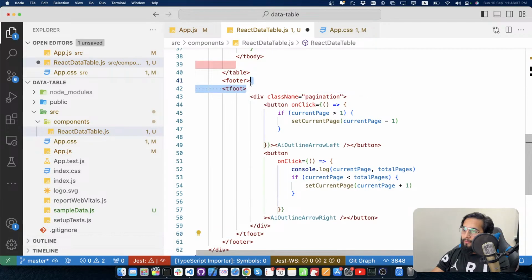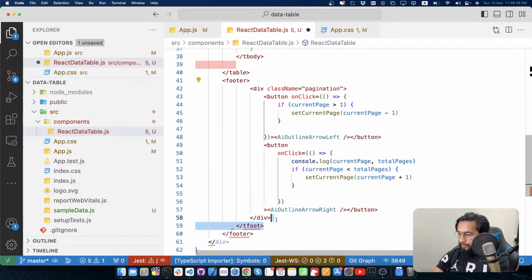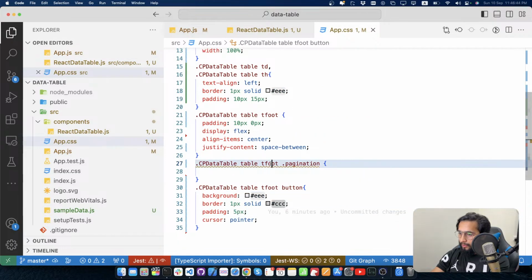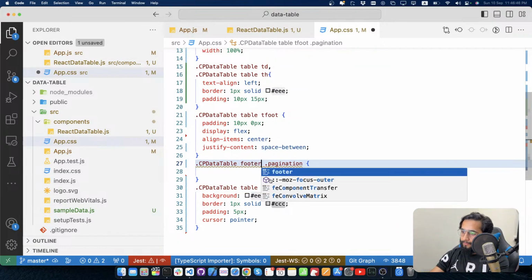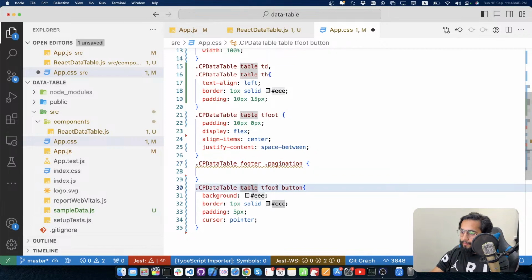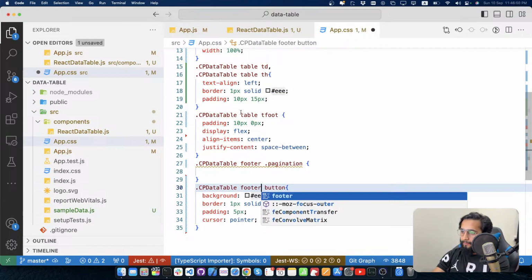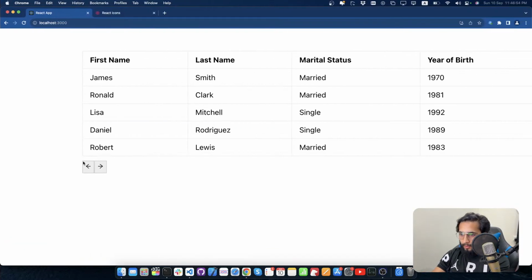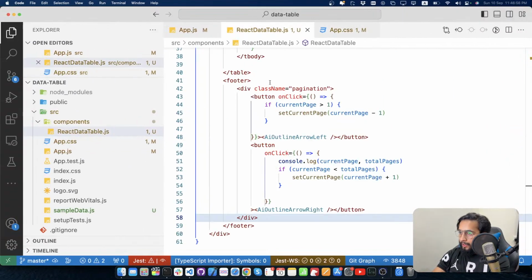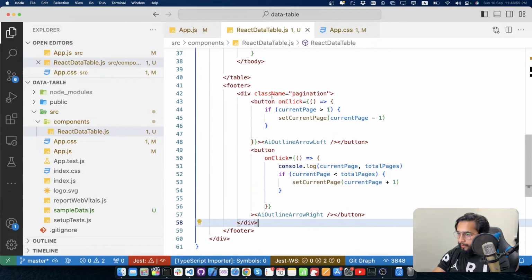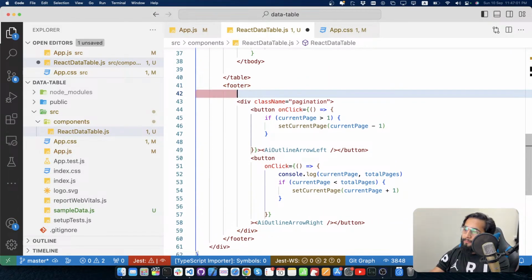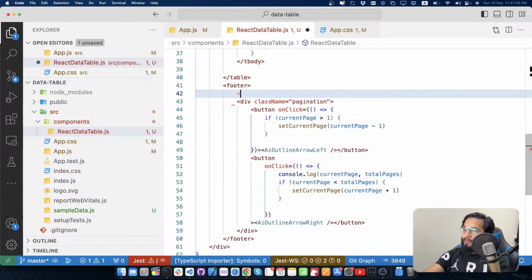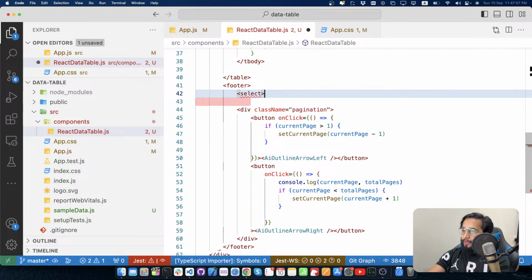Okay, and remove this T-foot, and let's change the select over here in the CSS over here. Okay, there it is. Let's see. Yep, working good. Okay, in JS, let's come here and let's add a select over here, and in that select